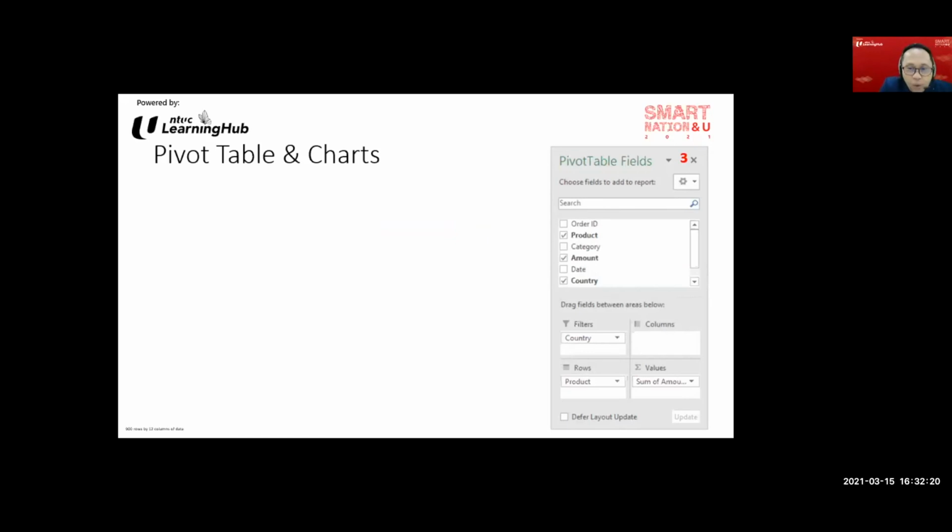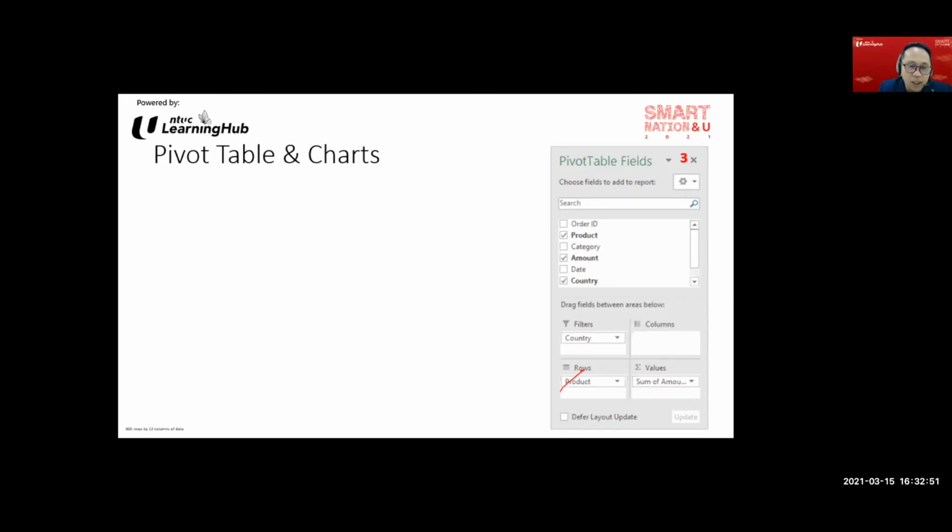Should it go under rows, or should I put it in value? So you got to ask yourself this question. What is it that I want to see? I want to see how much amount each product generated and from which country, right? This is a question that you need to ask yourself before you start dragging the field from top to down. So far, so good, right?